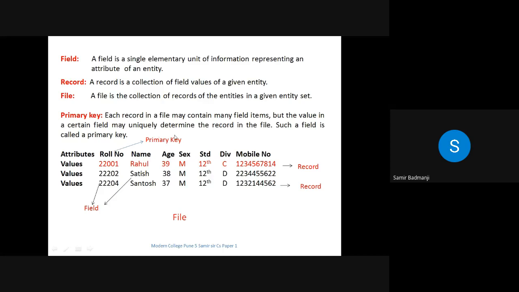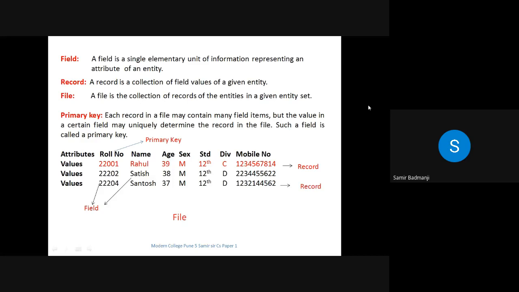Okay. So what do you mean by primary key? Each record in a file may contain some field items. Field items are the items like roll number, name, age. But the value in a certain field may uniquely determine the record in the file. Now see, roll number 22001 means you know that it is the roll number of a particular person, and it uniquely identifies that person in that list.